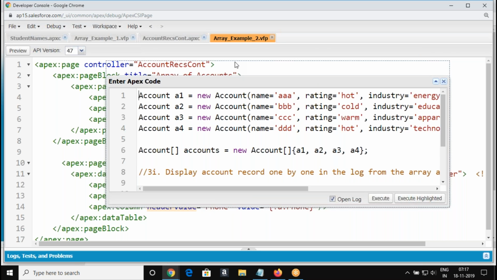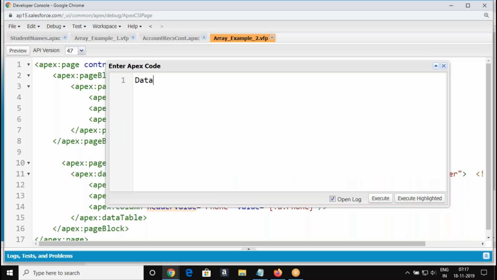Go to the anonymous window. newInstance will pass year, month, date. System dot today.